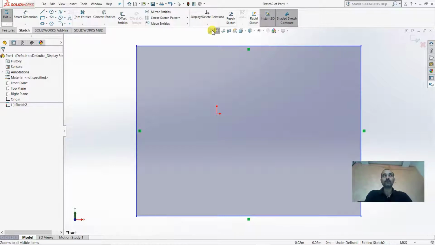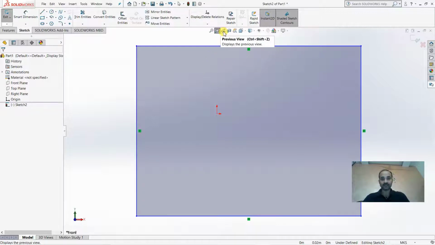It will be zoomed so largely that you cannot identify whether it is a part or your SolidWorks background. Then the first icon, zoom fit, will be useful for you, and if you want to zoom on a particular area, then the second icon, zoom to area, will be useful for you. These two controls are very useful during sketching as well as part modeling, assembly, surfacing. In all interfaces this will be very useful for you.